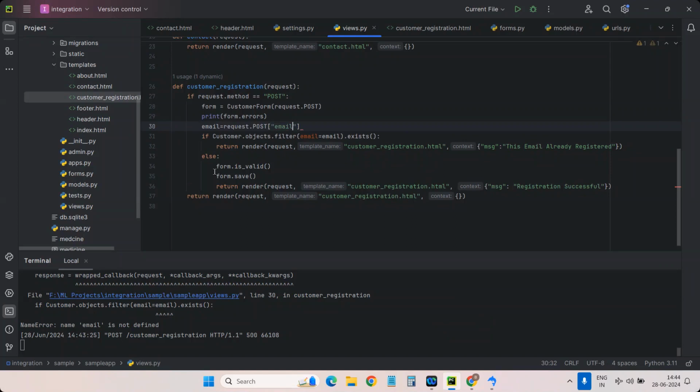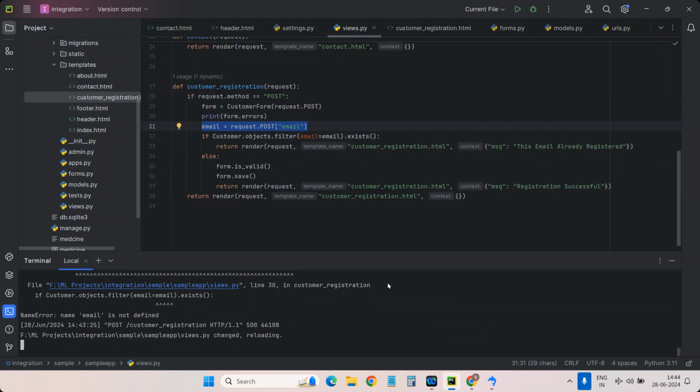That means the email which we are trying to post is stored in this variable. We have used this line in our edition program. We have done the edition program using Django, right? This is almost the same line which I have used in our edition. Okay. Now we'll try to